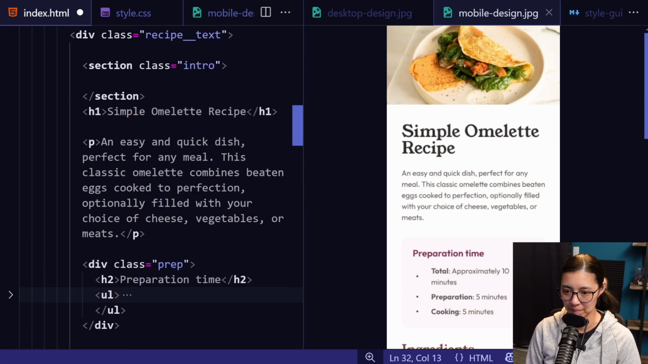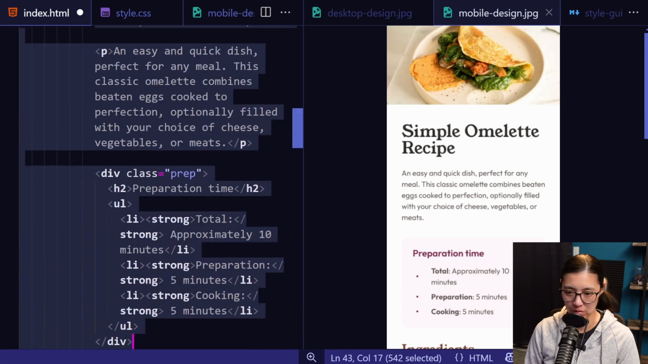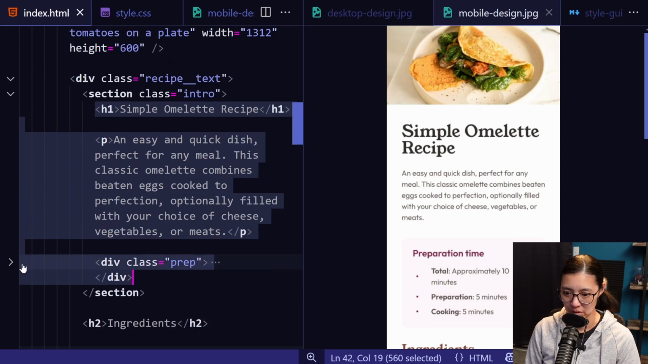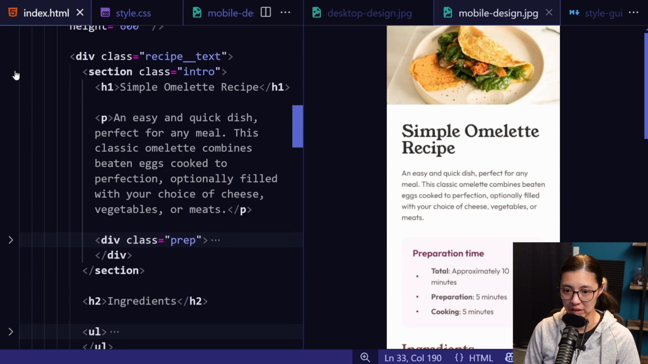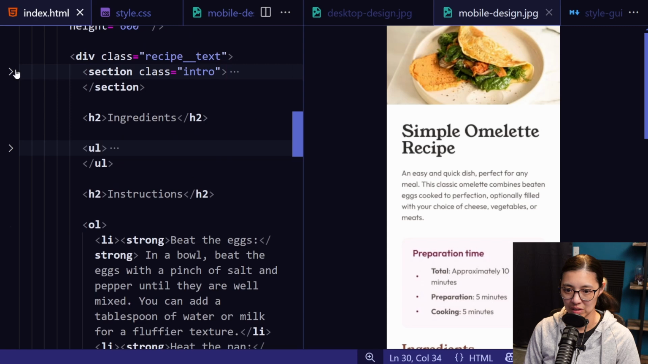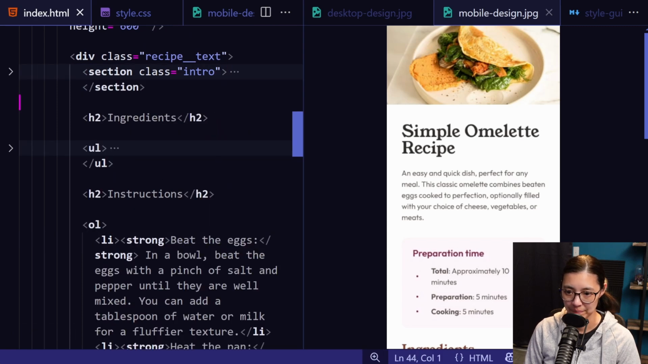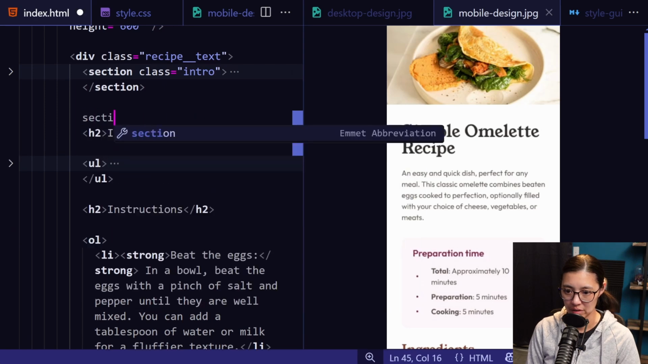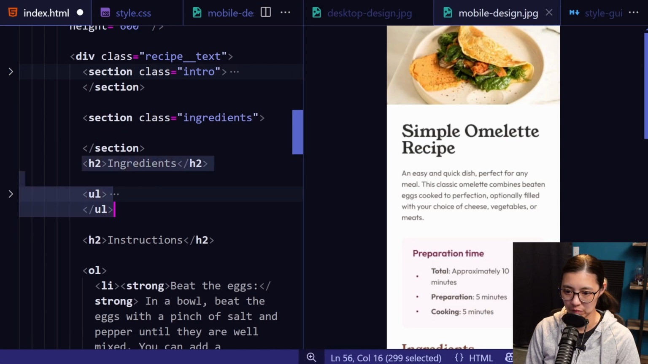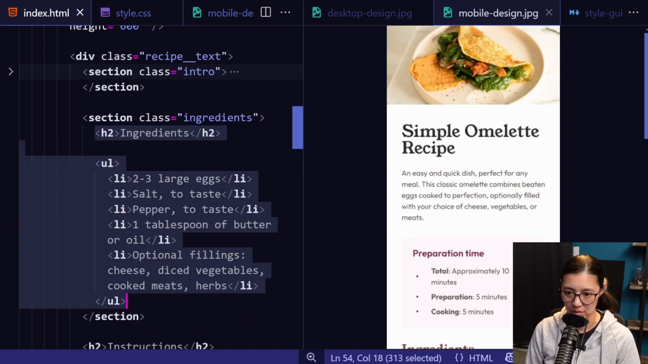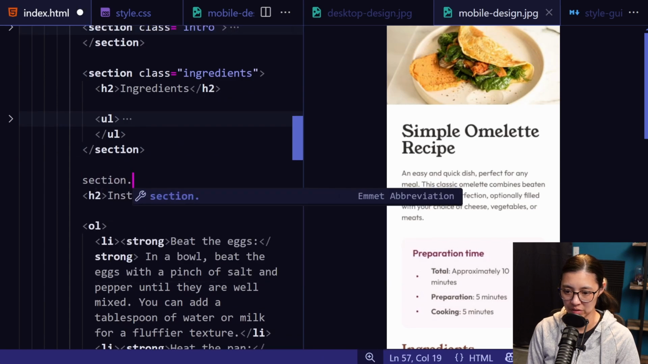with the preparation time. And the benefit of doing this is that even if you don't add any styles to it, you are organizing your HTML file a little bit better so you can find things more easily, because now I can fold up this section tag, but I know that it's the intro section. So if we do the same thing, section will say ingredients. Now I can move this here,